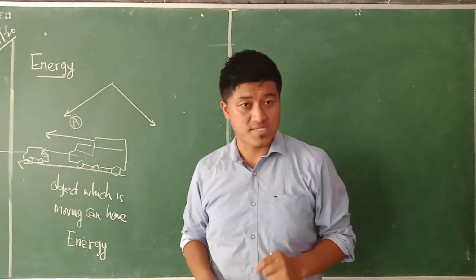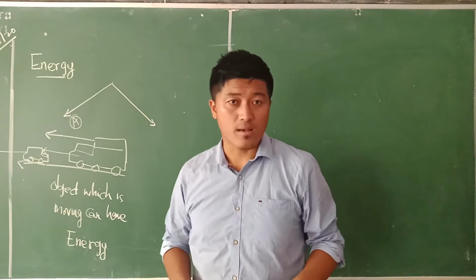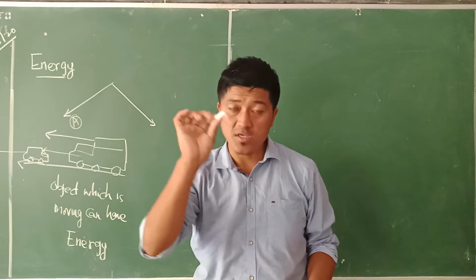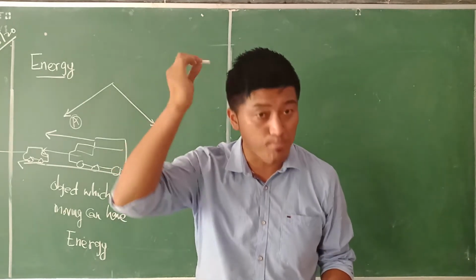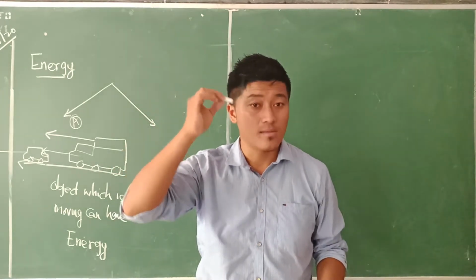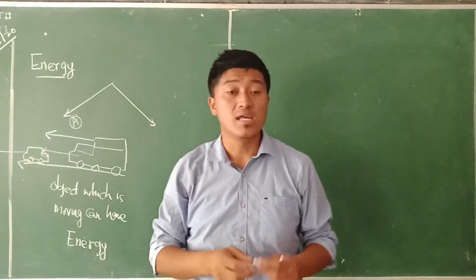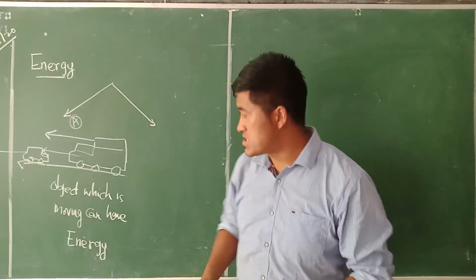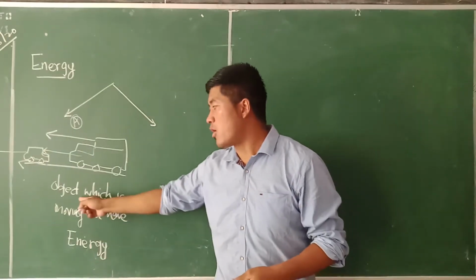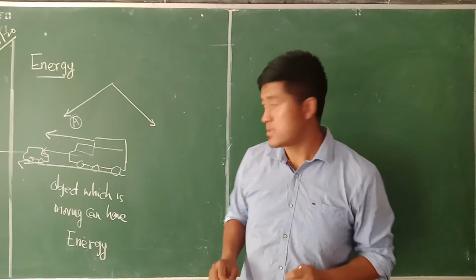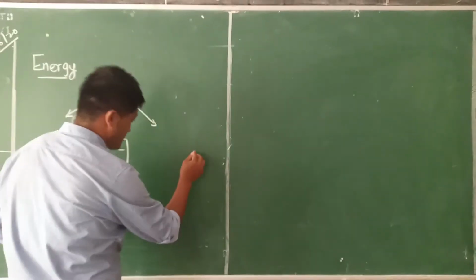energy. For example, if a student is sleeping in the class, if I throw this chalk on his hand, this chalk is moving and it can cause pain to his hand. These kinds of incidents need energy, which is why we can confirm that an object which is moving can have energy. Understand? Now the second point here,